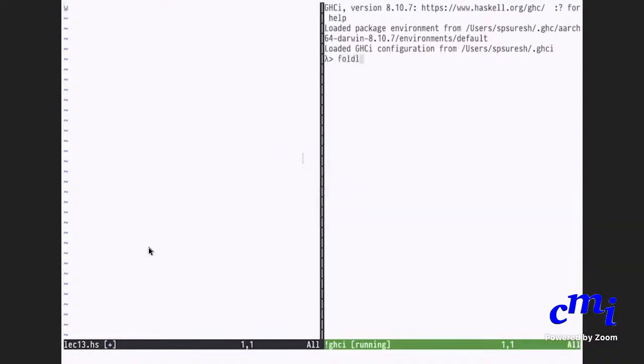So fold L of, let's give some ridiculously large thing. Fold L of plus on 0, 1 dot dot 100,000. That's 100,000.